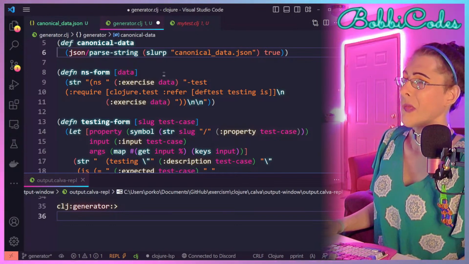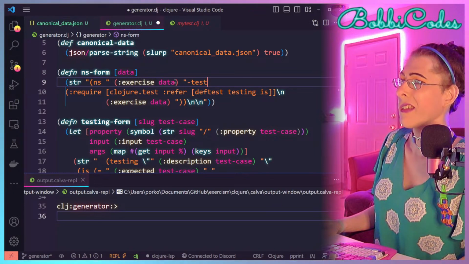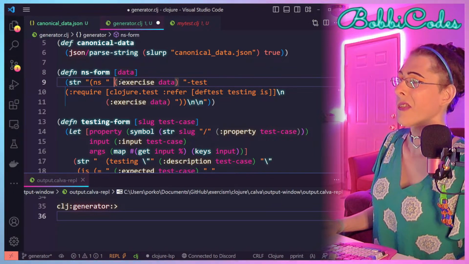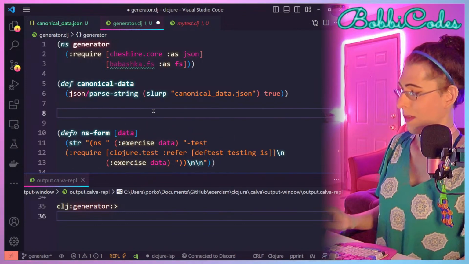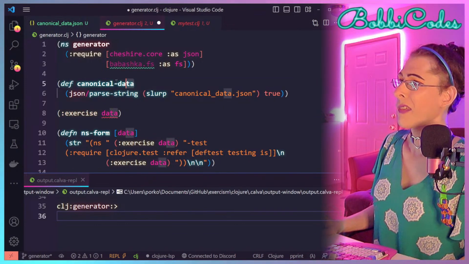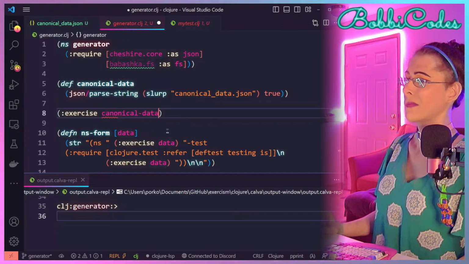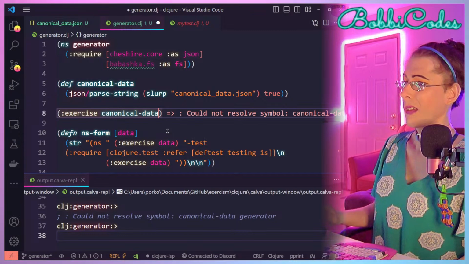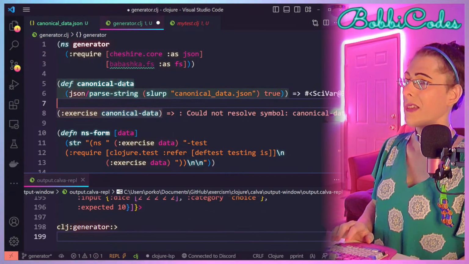So for the NS form, we're just concatenating a string, and here is exercise data. So we'll just show what we have to say: canonical data. Oh, I need to evaluate that.